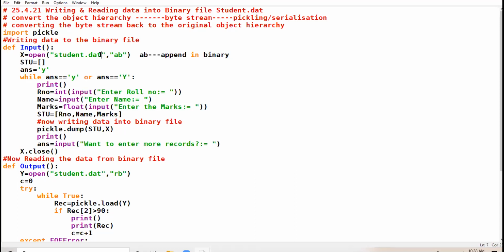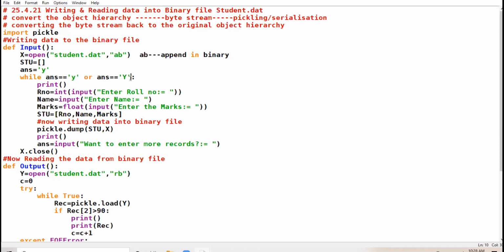If the student says yes, I want to input more records, then press the Y key on the keyboard. Whether in lower or upper case, that Y value gets stored in the answer variable, and this answer variable value is matched over here.